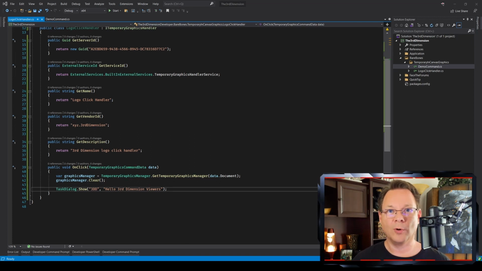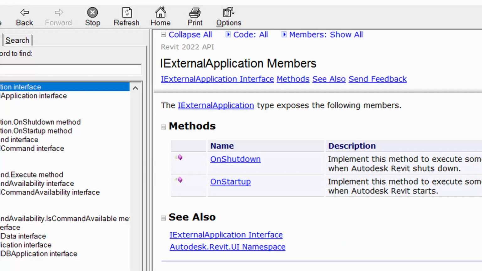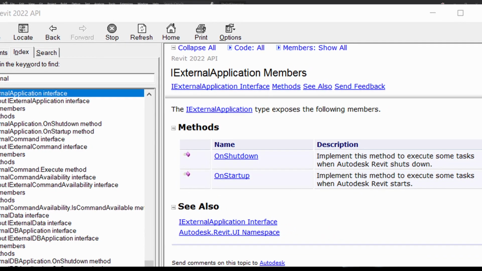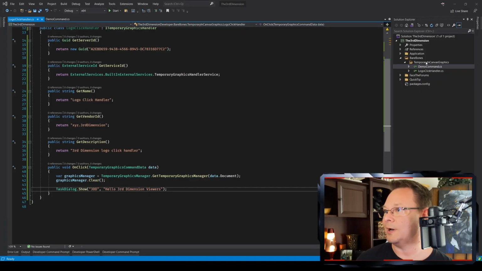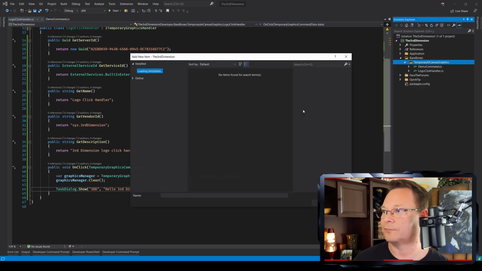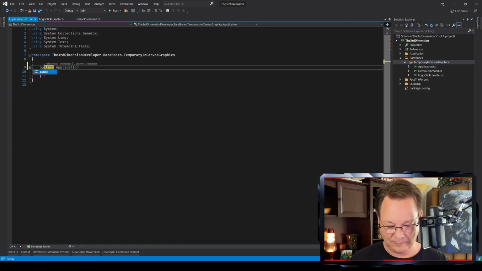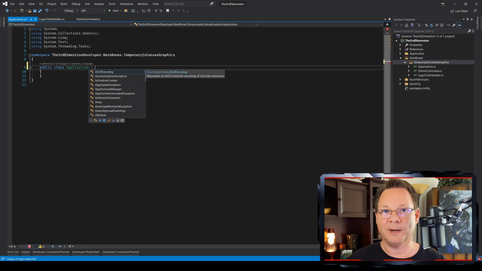But if we were to go run Revit right now and click on our graphic, nothing would happen because we haven't told it how to run this click method when we click that particular graphic. So the third and final piece that we need to do is wire the two together. This is a one-time configuration that needs to happen. And the best place to do one-time configuration, or a great place to do it, is in an IExternalApplication implementation. So let's create an application class and have it implement our IExternalApplication interface.